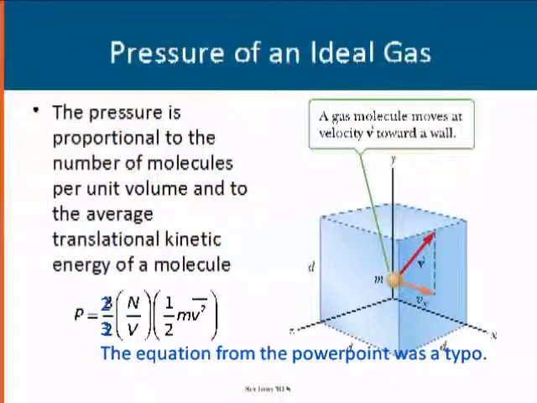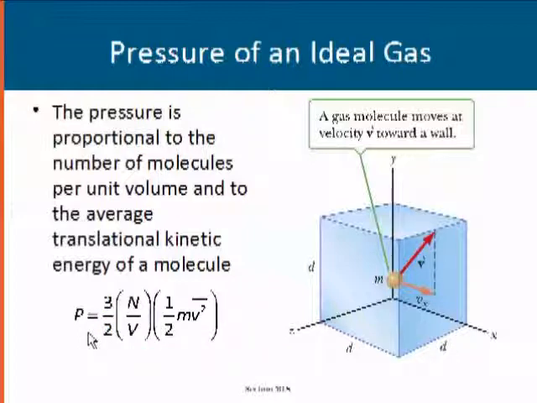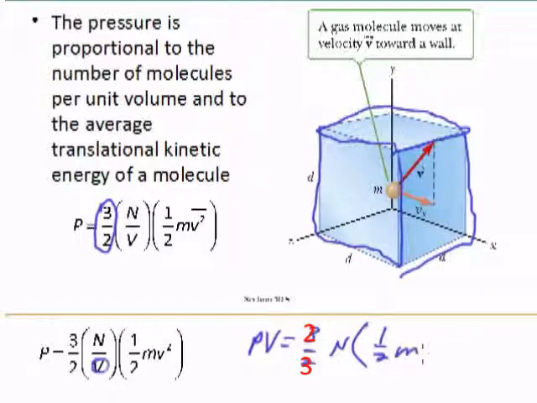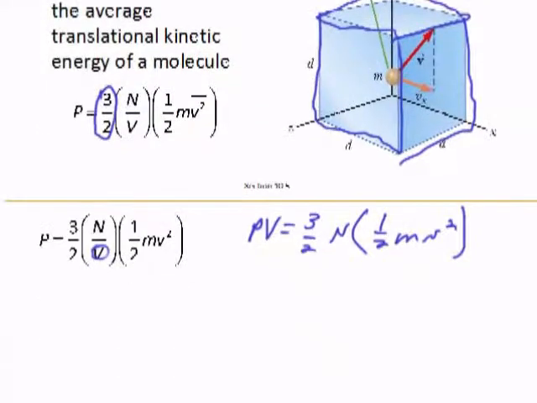Okay, I'm going to start out by trying to remember what this equation is all about. First thing I'm going to do is just a mathematical manipulation: move this V over to the left. PV equals 3/2 n times 1/2 mv squared. And this is going to be the same as PV equals